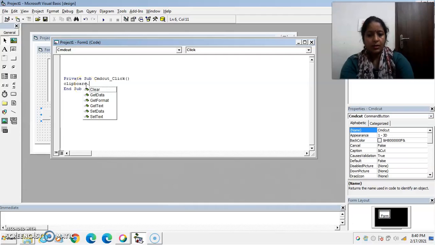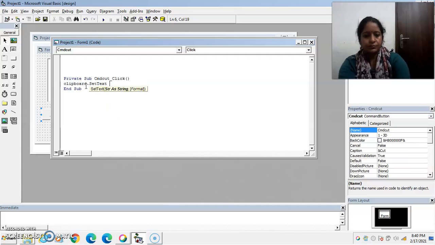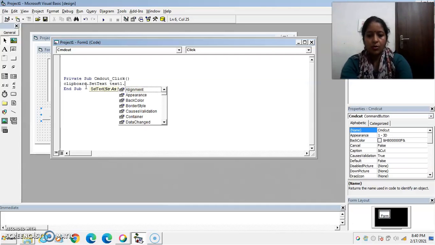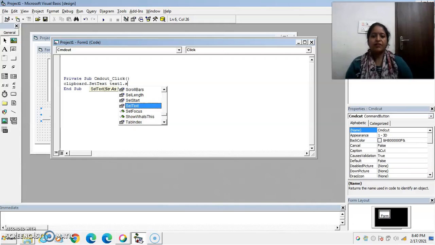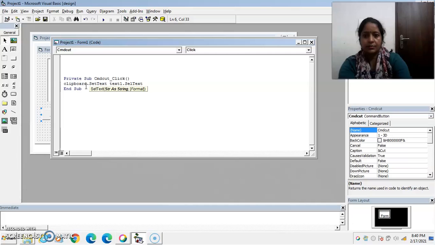Clipboard.SetText means that text that is cut by the user is set to the clipboard. Text1.SelText. This SelText is a property that will return the selected text.